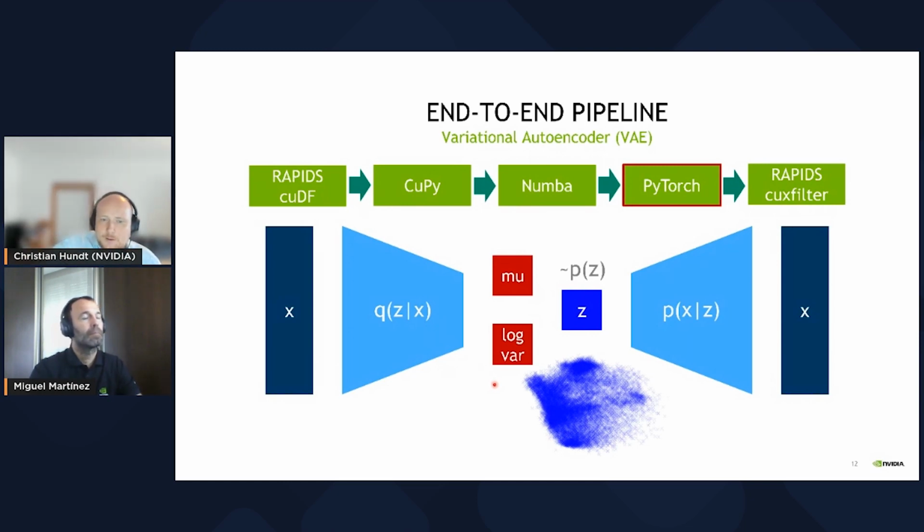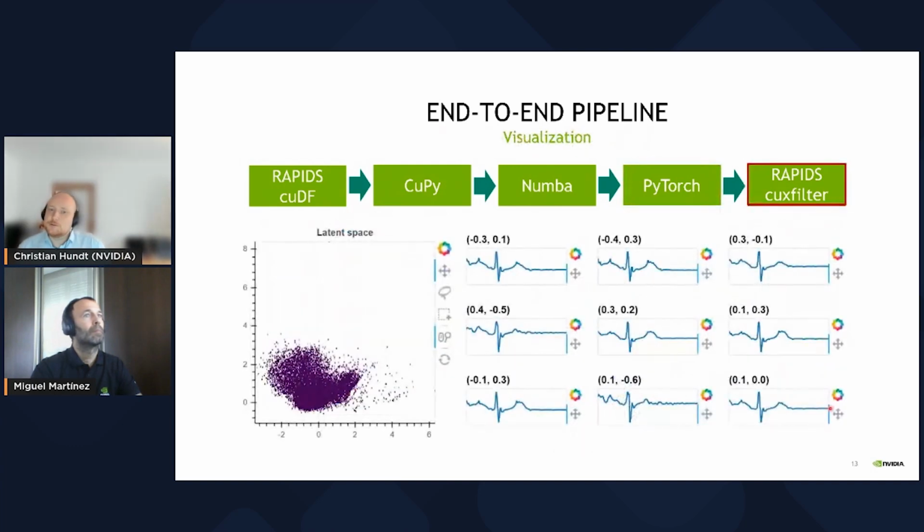heartbeats. Whenever they are in the middle of the Gaussian, that means they are quite usual or quite common under the training set. And if you find a cross in the outer region, that means that is an unusual heartbeat, probably an outlier. And then you can decode it with the right side of the topology again to be a heartbeat, and this is how it trains. You basically train it for the identity. Again, we need to copy data, and we can finally visualize it using RAPIDS cuxfilter.